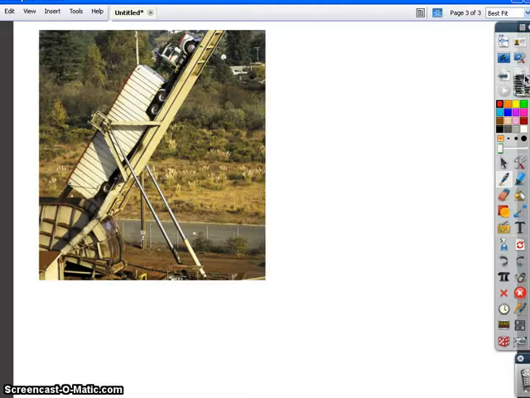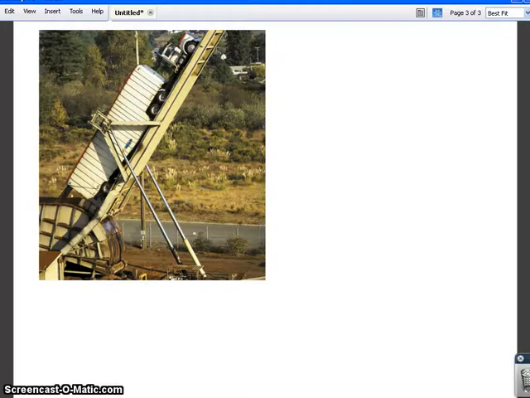So here's another example. This is how some places dump out their trucks. They literally just pull the truck onto a bed, and this entire thing lifts up. And this is a demonstration of Pascal's principle. Same thing here. This is the output force, and there's an input piston over here somewhere, and they're probably going opposite on this one. So F1 over A1 equals F2 over A2. They're probably working over a smaller area on this one, and because it's a smaller area, you're going to get